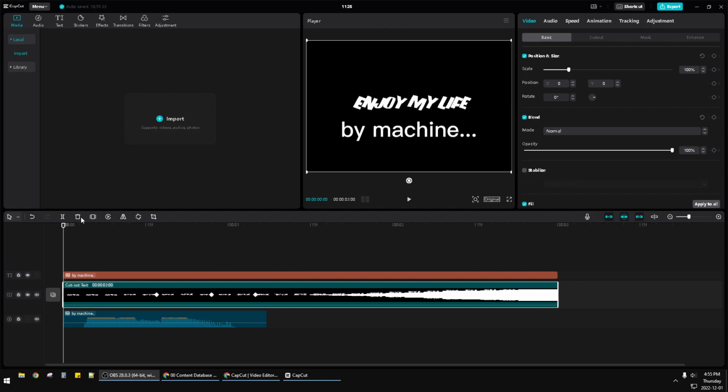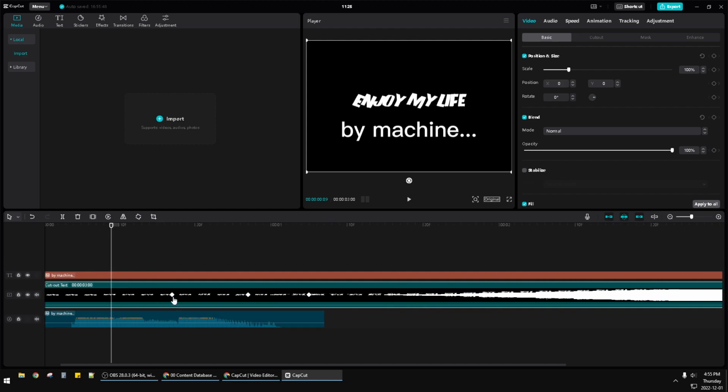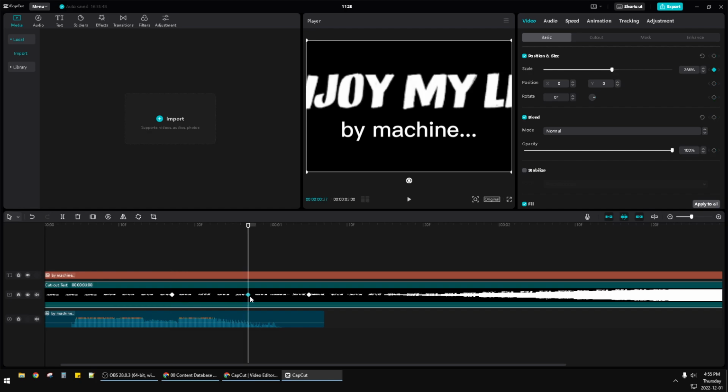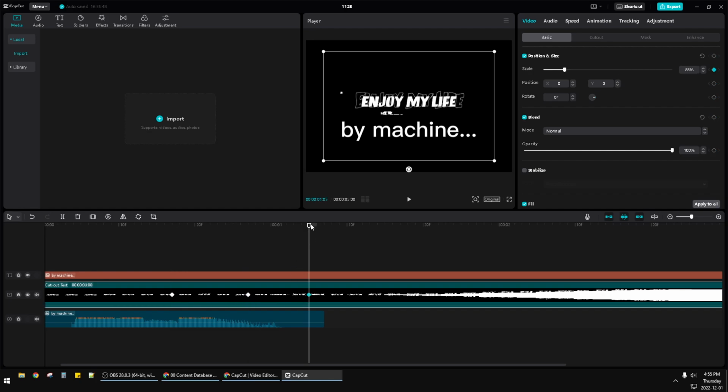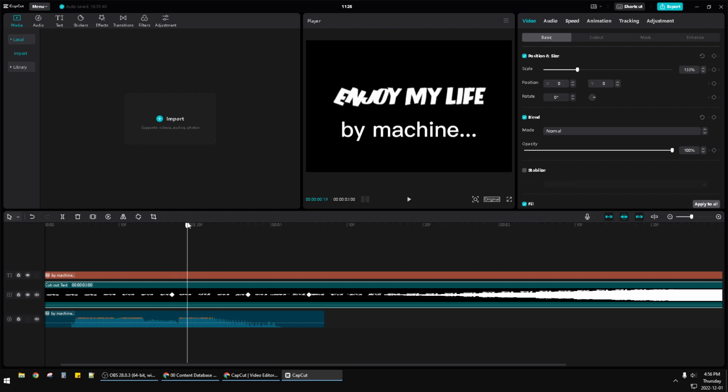This video will show you how to add keyframe on CapCut PC. As you can see, I have three keyframes here. First one, second one, and then the third one. The utility of this keyframe, I can change from the keyframe and then gradually change any kind of effect you